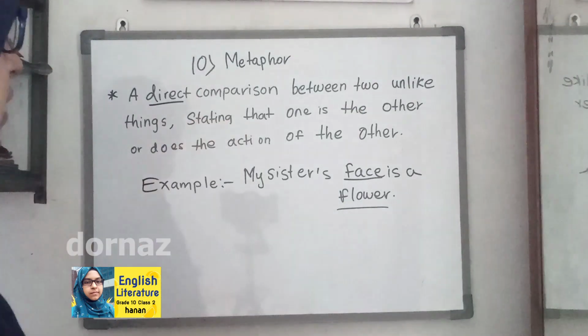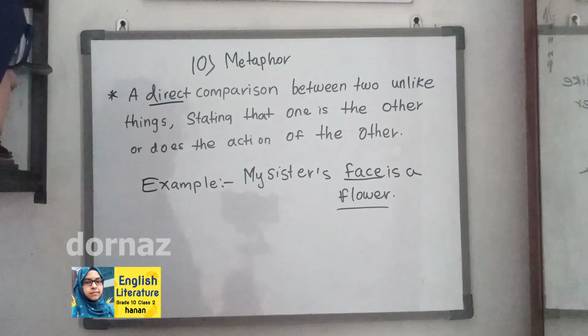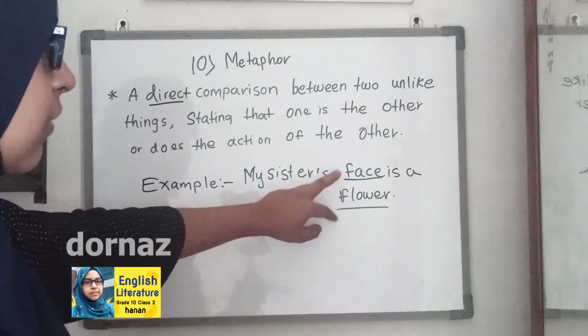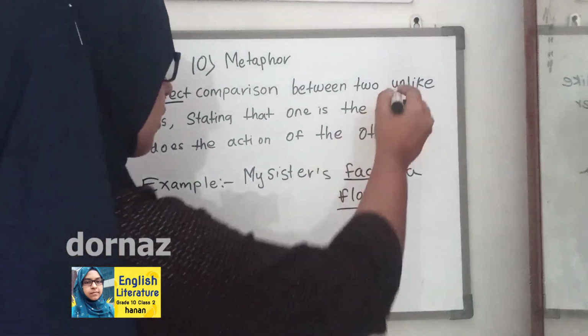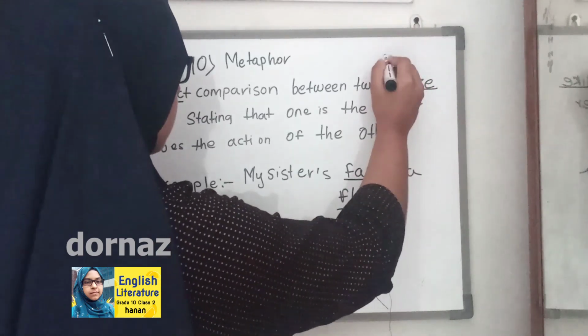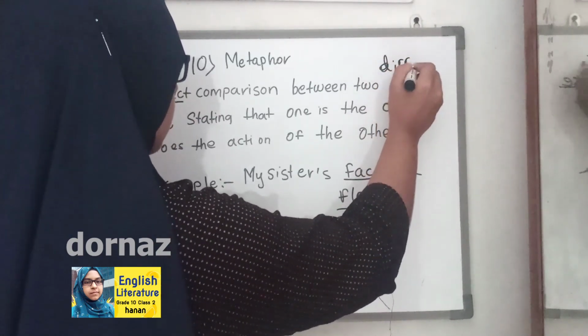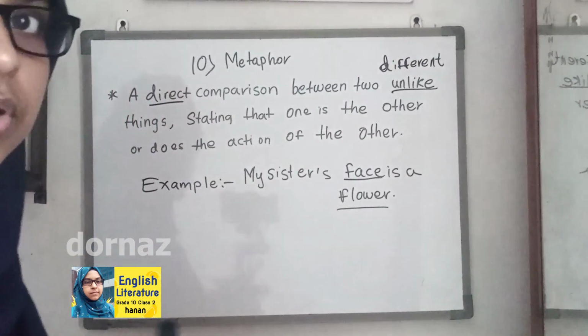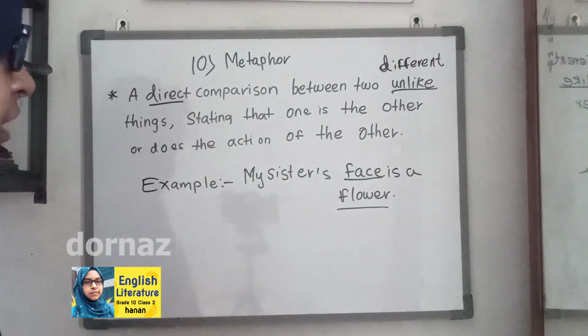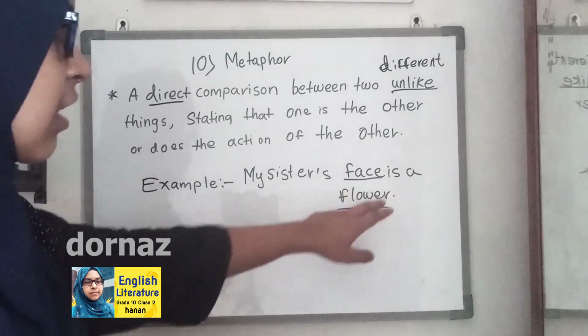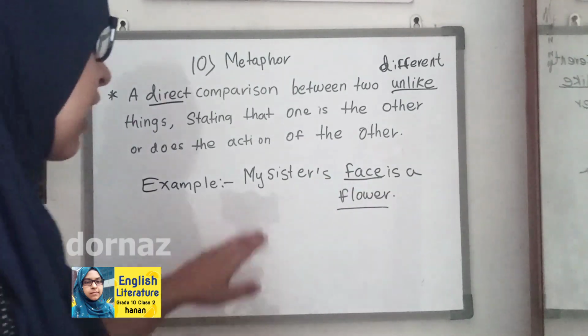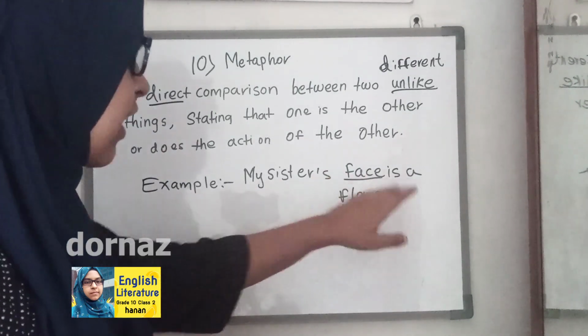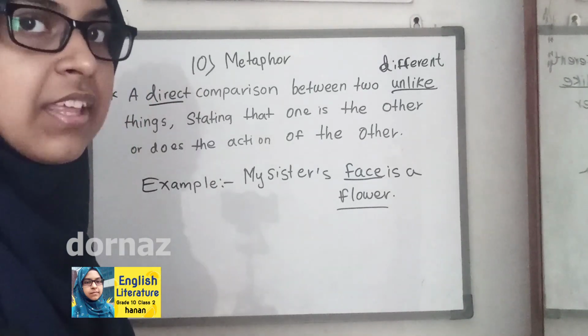A direct comparison between two unlike things. These are different things. Unlike means two different things. We are going to compare two different things directly. My sister's face is a flower. If we say my sister's face is like a flower, it will be called a simile. Because